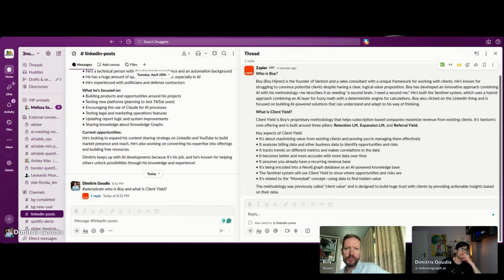Imagine explaining what client yield is to a client in a conversation using the terms that you know. With these terms, the person on the other side of the room can understand it very well. But the LLM cannot understand it very well. So it will start hallucinating. It will just kill the deterministic results you get from your